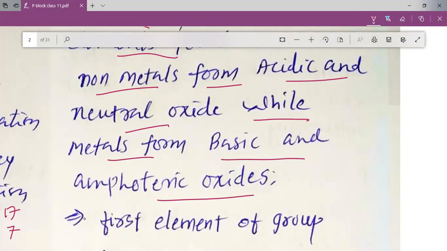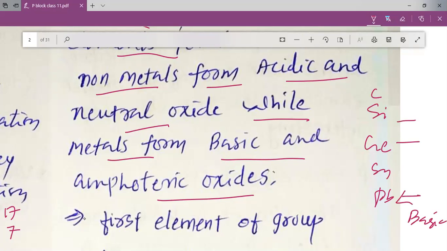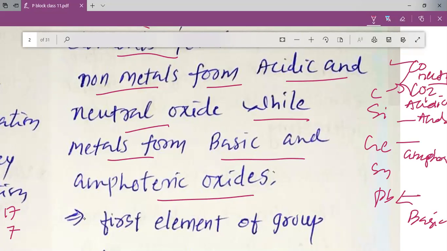If you look at carbon, silicon, germanium, tin and lead, the oxides of lead are generally basic. The oxides of germanium, most probably, we can say are amphoteric. The oxide of silicon is acidic, my dear students. In the same way, if you look at the oxides of carbon, CO2 is acidic, whereas CO is neutral. So you can see that we have basic, amphoteric, acidic as well as neutral oxides present